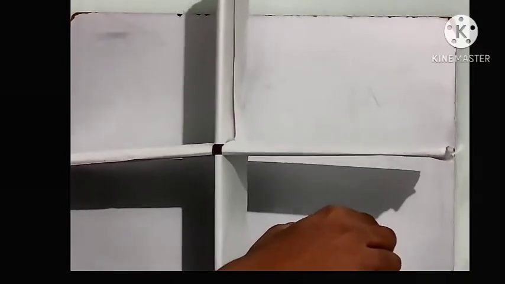If the same object is placed here, then the object is above the horizontal plane and behind the vertical plane. And if it is here, it is below the horizontal plane and behind the vertical plane. If it is here, then you can define it as below the horizontal plane and in front of the vertical plane. So this is how the 4 quadrants can be described.